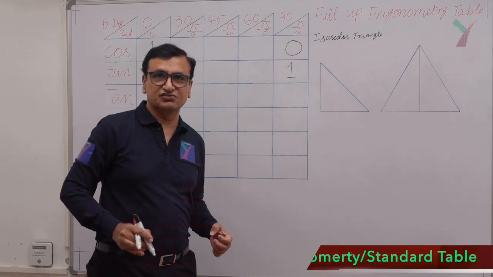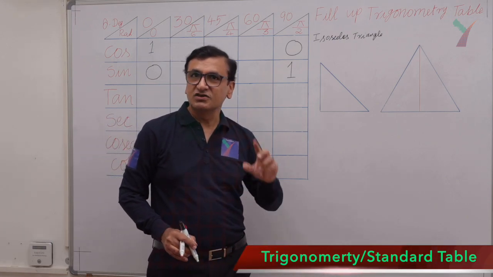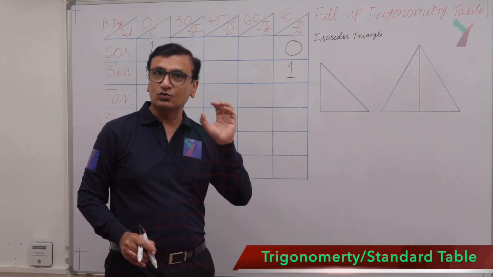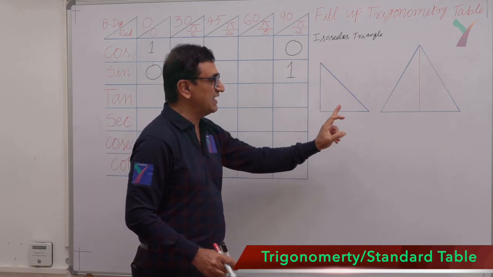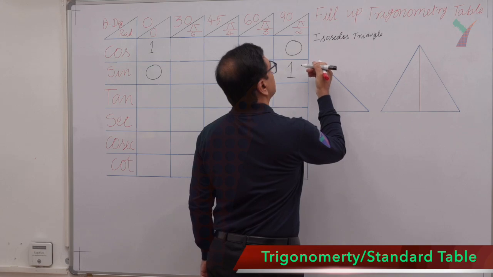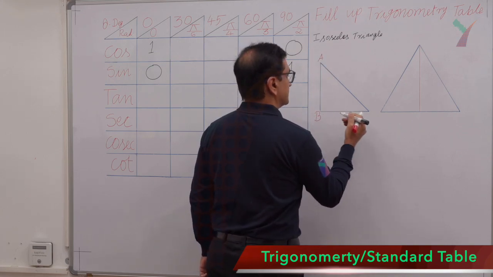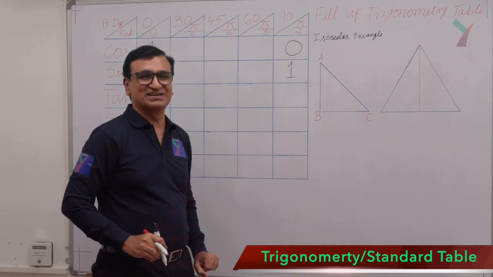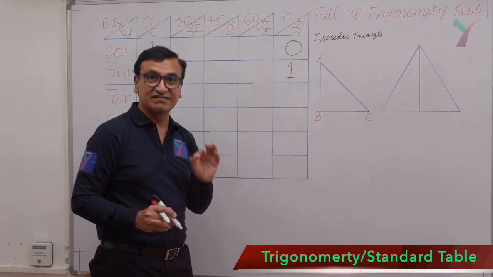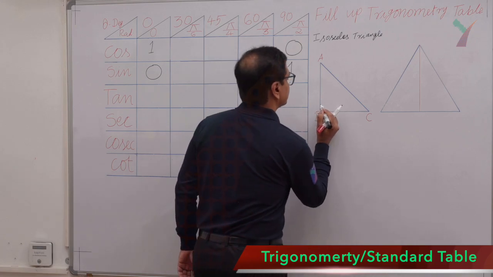What is an isosceles triangle? A triangle where two sides are equal in length. Let me name this triangle as A, B and C. And this is a right angle triangle. So this is the right angle, which is 90 degrees,